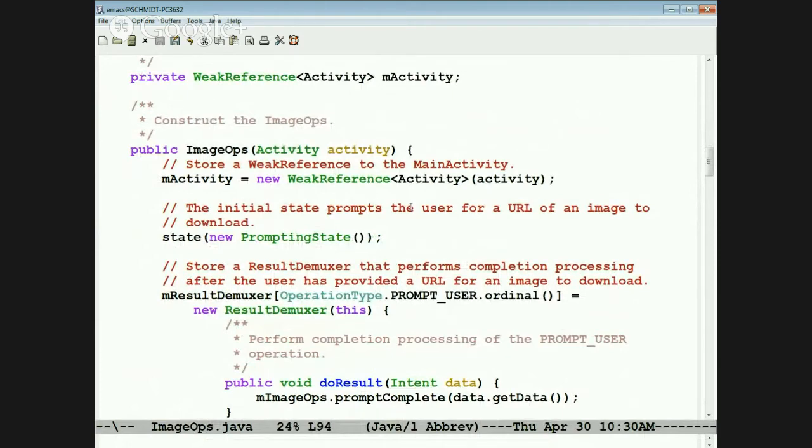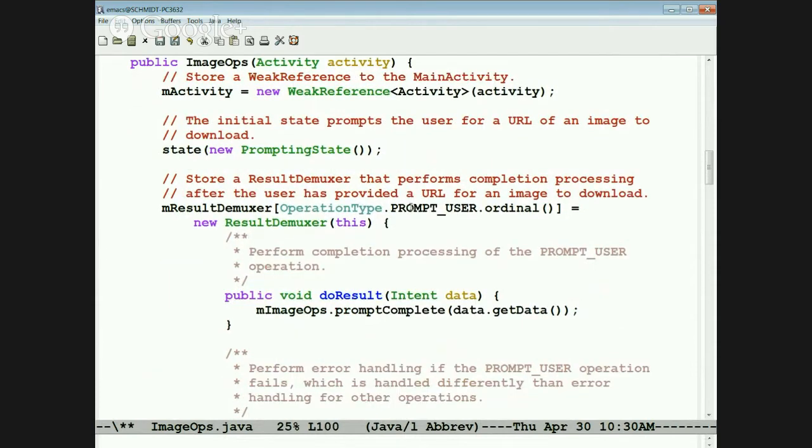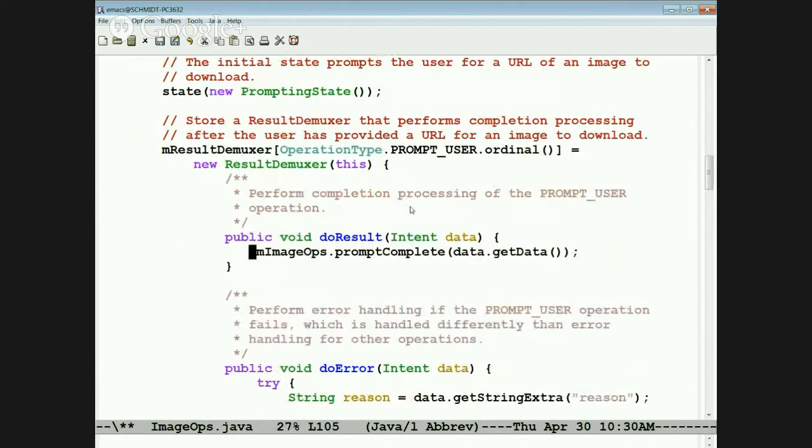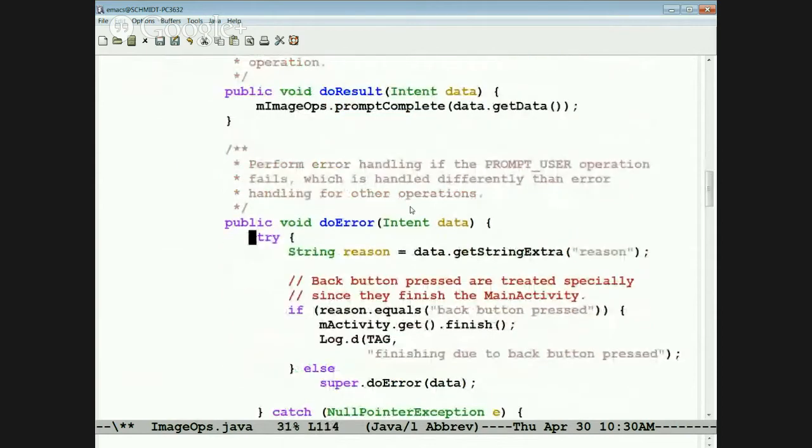Anything else you call will be an error. So we're doing some state checking, and then we go ahead and set up our demultiplexer. The prompt user demultiplexer has a doResult method that's going to call the prompt complete operation. It also has a doError method that will print out why things failed and then wrap things up